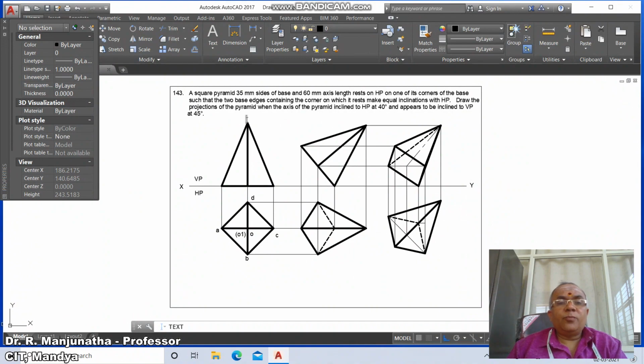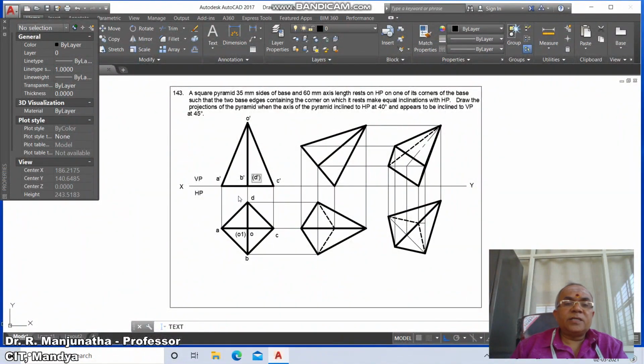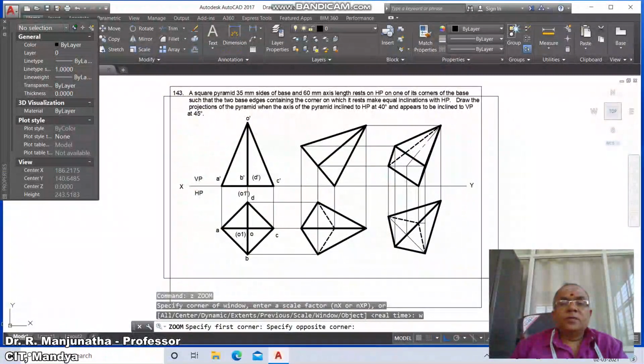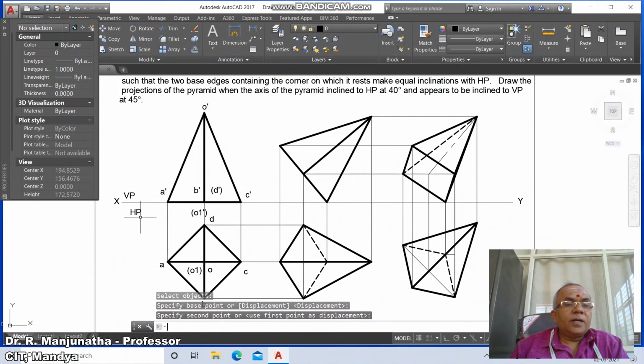And here you type O dash, here it is A dash, here it is B dash, here it is C dash, here it is D dash, and here it is O1 dash. And then zoom, take it near to the screen, then say escape, then go to move, switch off the ortho mode, you take X, you type vertical plane, and you type horizontal plane, you just go to move,